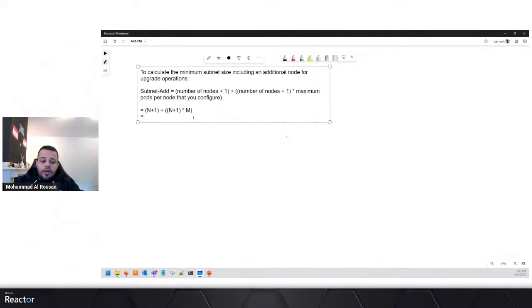For example, I have 2 nodes. So 2 plus 1, maximum number of pods. We said the soft limit is 30, the hard limit 250. So I will go with 30 pods.